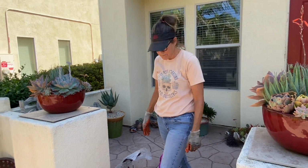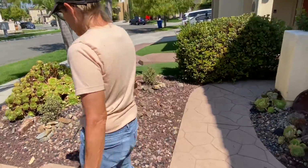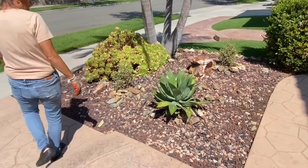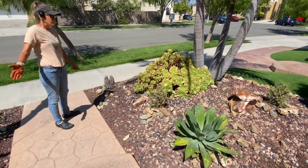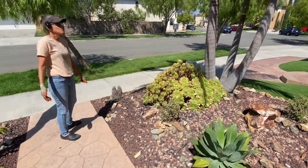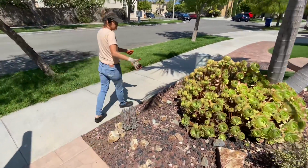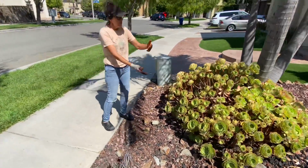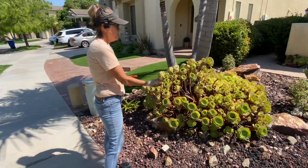Two hours later, I ended up zhushing the entire front yard. So I'm sorry I didn't get a video for you. This wasn't my intention to do all of this. It just happened, I swear. So what started out as me just cleaning all of the dead leaves up from underneath the aeonium urbicums, then